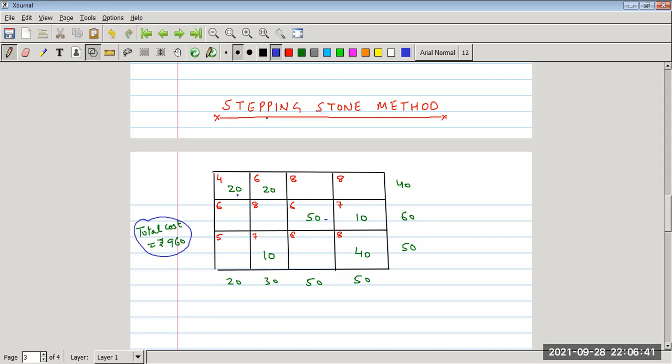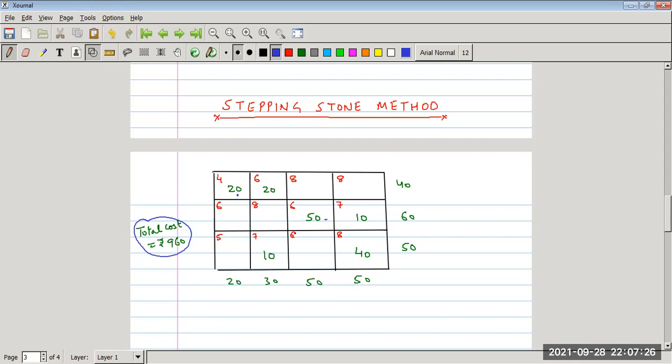While discussing the problem with the stepping stone method, what we have to keep in mind is we start with a basic feasible solution. This is one of the solutions as we obtained by either Vogel's approximation method or least cost method. This is a basic feasible solution. This solution is basic feasible because it satisfies all the constraints, that is supply and demand constraints. Second, it does not have a loop. We have already checked. Third, it has m plus n minus 1 independent allocations. We have already checked that the number of allocations is m plus n minus 1, that is 6.